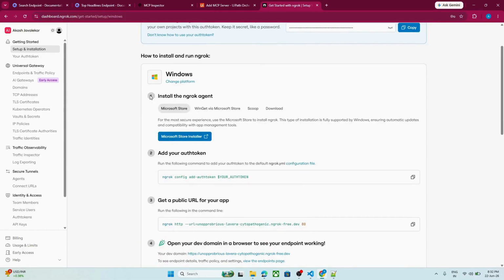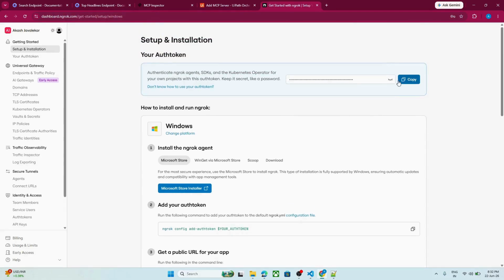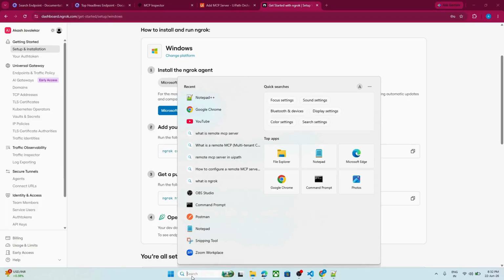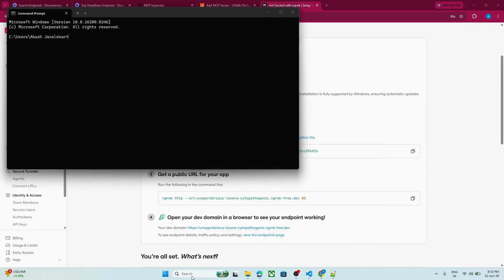As I have already installed Ngrok, you can simply get it from the Microsoft Store, or you can run the command. This is the token, which you can make available. You can simply run this command on your laptop. Ngrok will create a public URL, and this public URL we are going to add in our MCP server. So I'll open my CMD and say ngrok